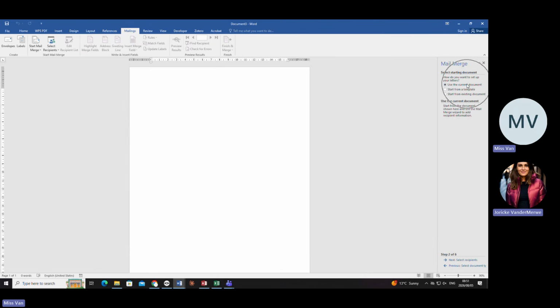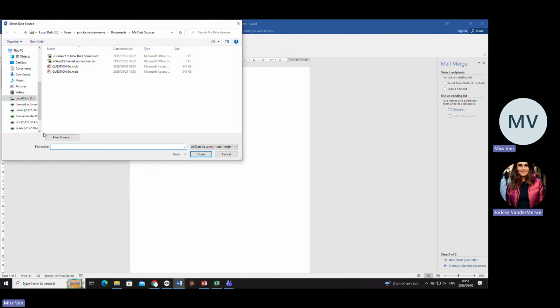The first option is this document. Then you are going to go into next, which is step 3 of 6. Now this is where you decide: have you already created the list on a previous occasion? Like some of you had class on Monday and you created the table. Then you can't say that you are going to create a new list. Then you must say you are going to use the existing list. You must browse for it and connect that to the current document. You see how these two differ.